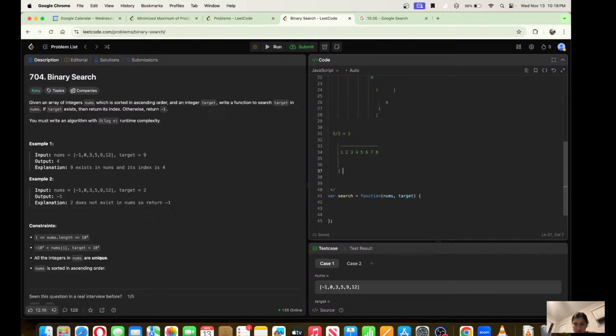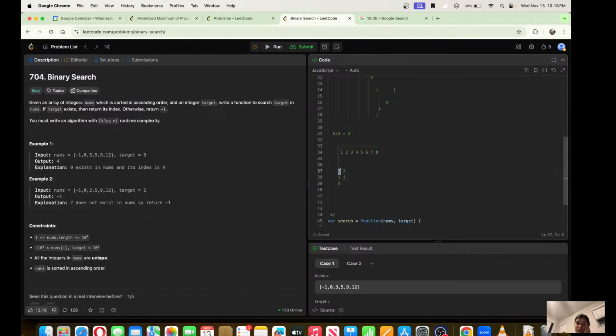Sometimes this can also happen. So this is i, this is j, and this is m. Or suppose this is 3. This is i and j, and then if this is m, then suppose it is on the left side, then